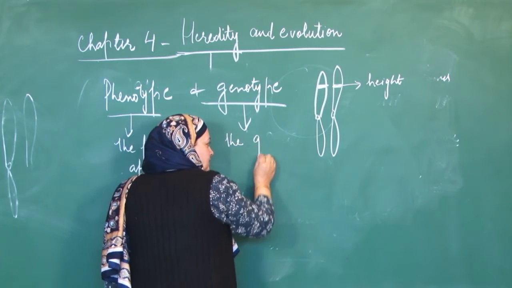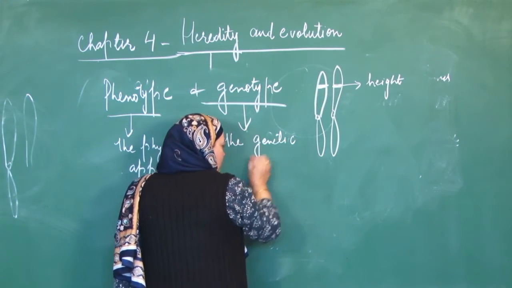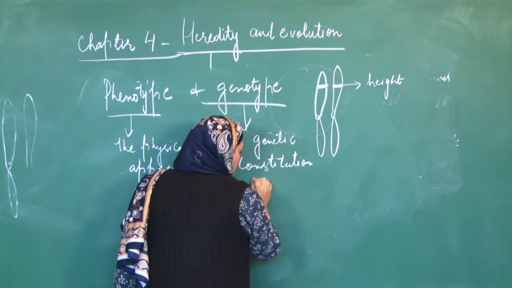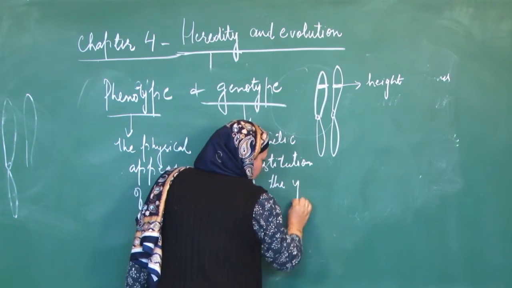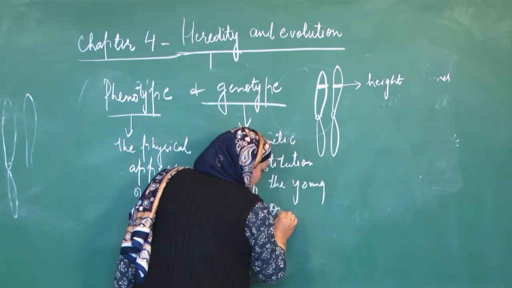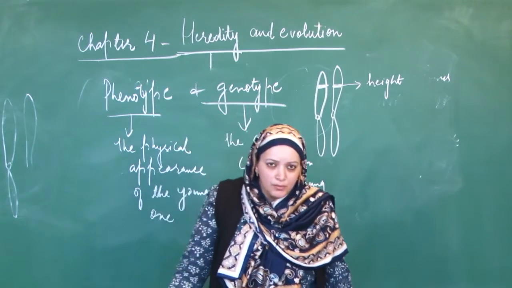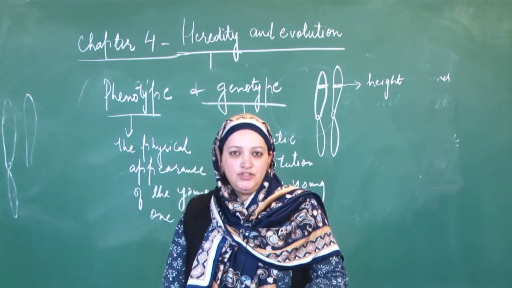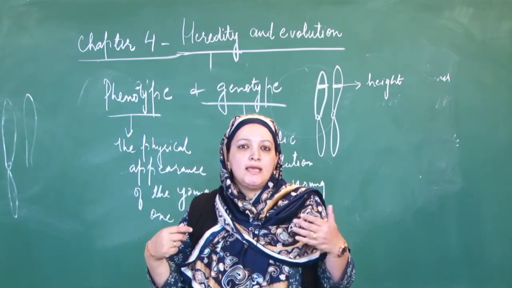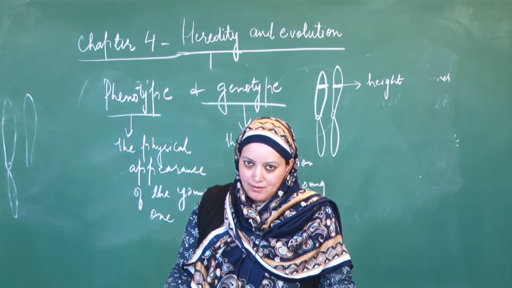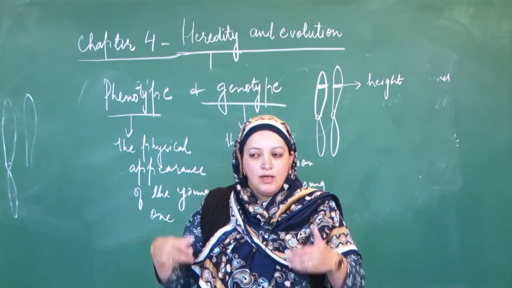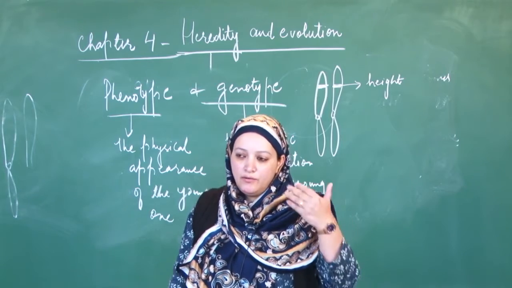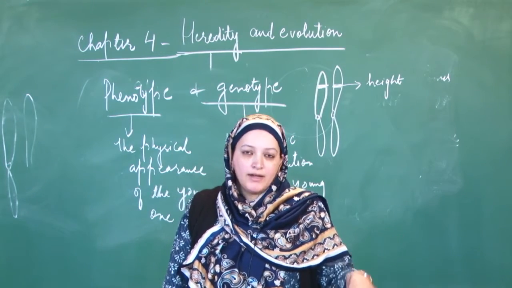The genetic constitution of the young one is called its genotype. What do you mean by that? As I told you, if it is a heterozygous condition and the young one is tall, we don't know. We see the physical appearance, that we say the phenotype, the physical appearance of the organism